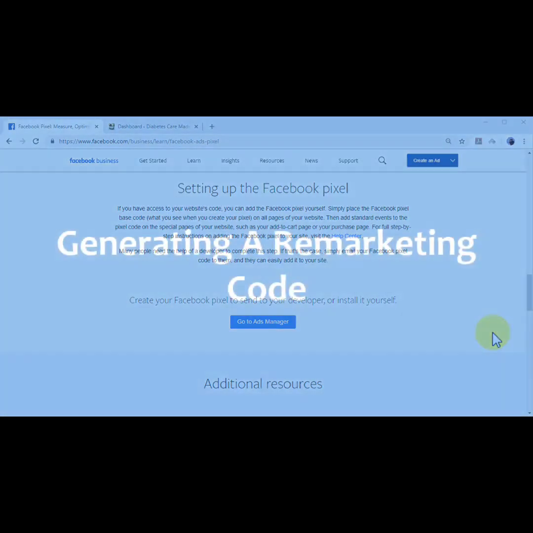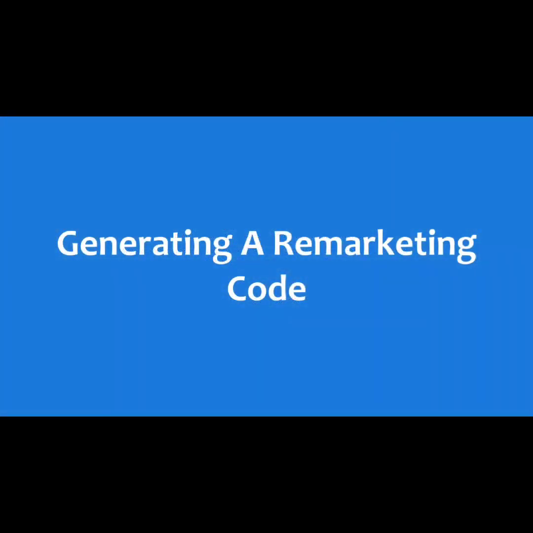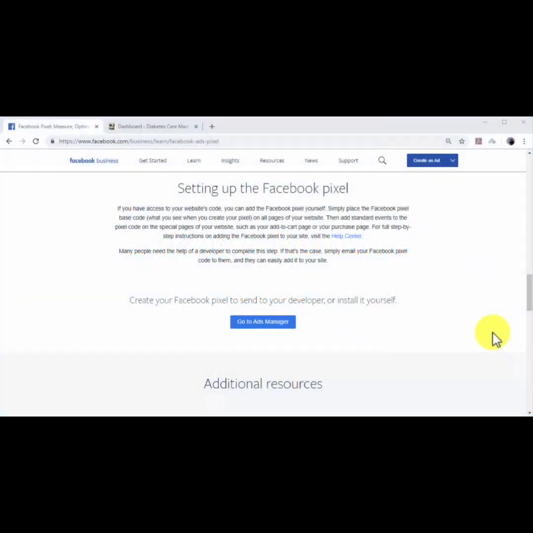Let's get started. Generating a remarketing code. Like we said, remarketing works by tracking abandoning visitors from the original website they abandoned to the websites they visit during the same session. To track website visitors from one site to another, remarketing platforms install retargeting codes on the websites that they remarket. The Facebook tracking code is called a retargeting pixel, and you can create yours from the Ads Manager. Start by going to